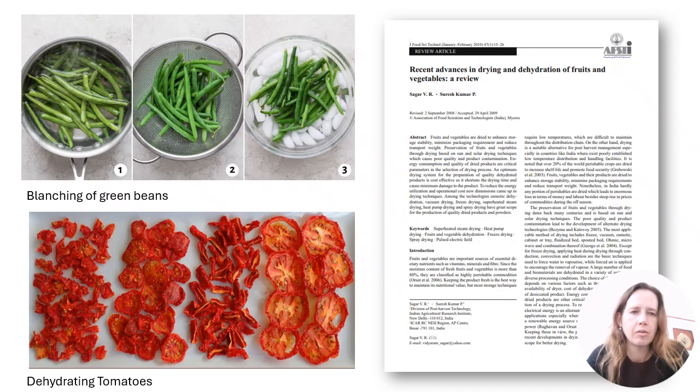Here we have the blanching of green beans. It's a very simple process. So I have the green beans there, hot water, then we eliminate the hot water and we put them in a cold bath. Then we have the dehydration of tomatoes. We can shrink or we just dry with slices, and this is the final appearance. This type of approach I think is really nice in Africa, especially in the region or the surroundings where we are, because we have the sun, it's free for us, and there are some optimizations from